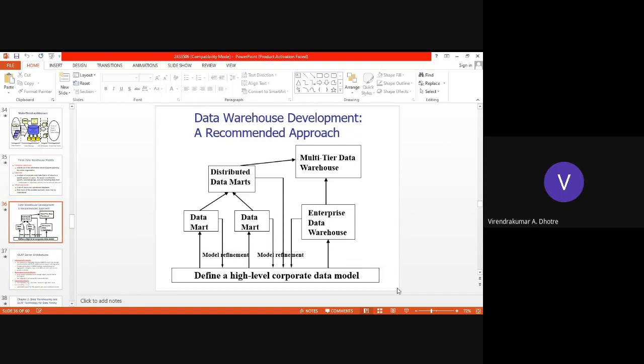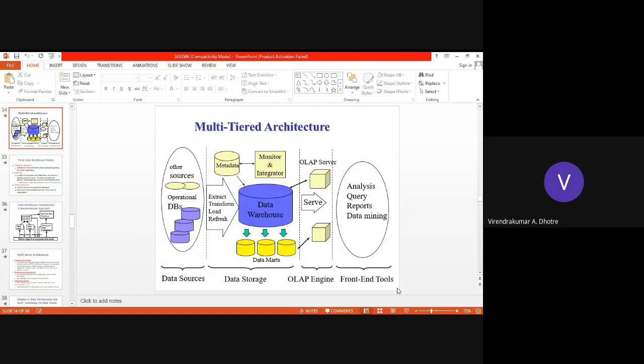So the enterprise data warehouse is available, and through that we go for the multi-tier data warehouse. There will be sources, from those data sources the storage will be defined, from storage there will be a data mining process, and through that there are front end tools which we can use to query and get the results back.